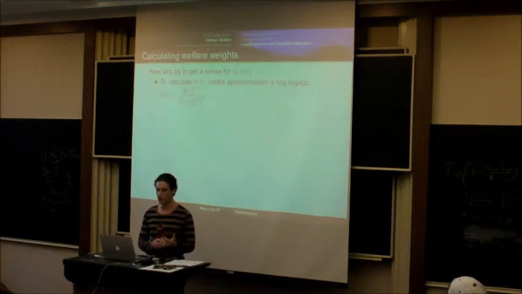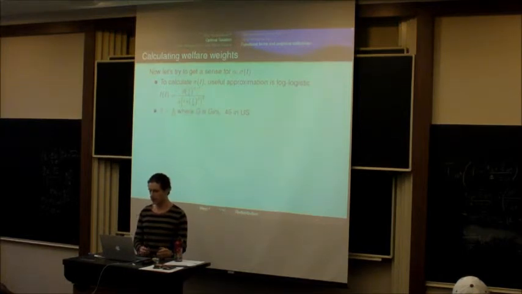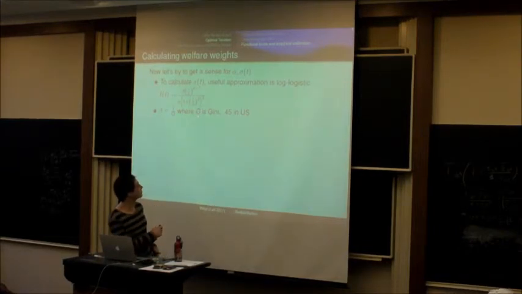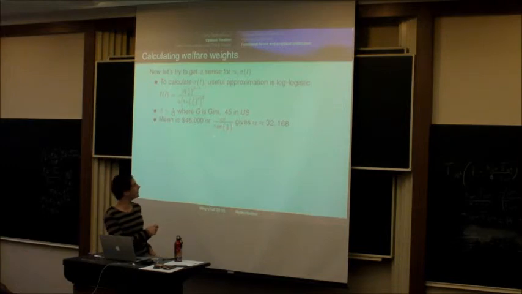So one useful way to do this is to think of the income distribution as being broken into 2 parts. There's what most people earn, and that's going to be given by a log logistic distribution, which is very similar to a log normal distribution. The nice thing about a log logistic distribution is that the beta parameter, which measures its variance, is just 1 over the Gini. And the Gini in the United States is 0.45. Its mean is given by this expression. Again, these are things you can pull off the internet. Given that mean income in the US is about 46,000, we can calculate that alpha has to be